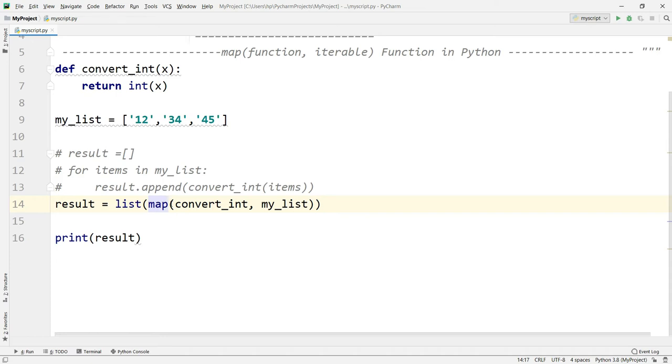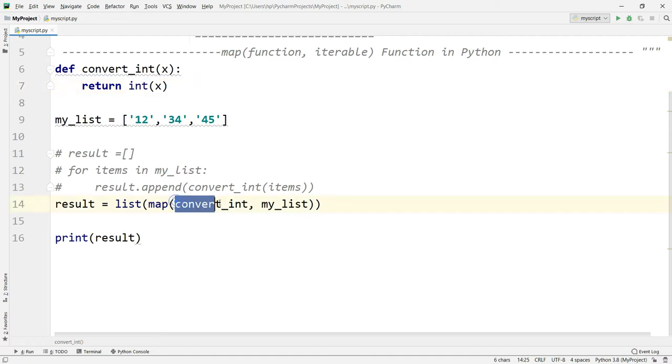So if you have a bunch of data and you want to execute your program very fast, then we should use these kinds of functions that are already defined by the Python programmers. So I'm using this one. As you can see here, we are converting the value by using convertInt. This function contains only one statement inside it, so we can convert this function into a lambda expression also.